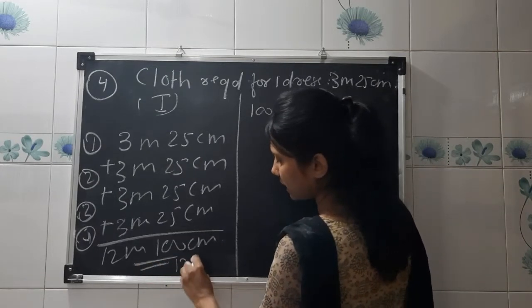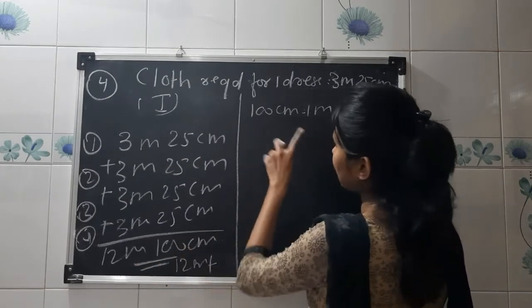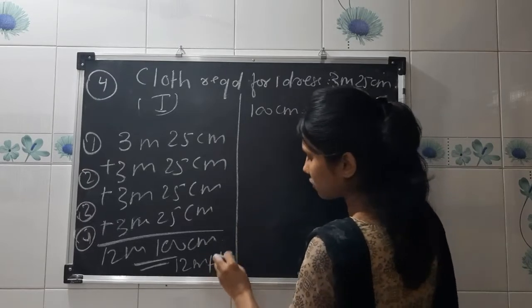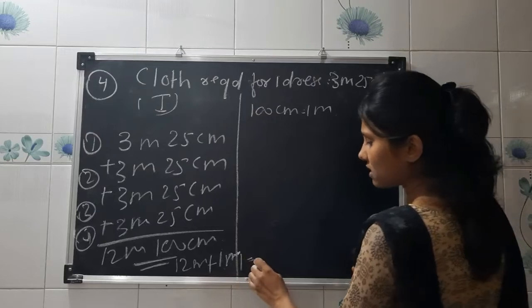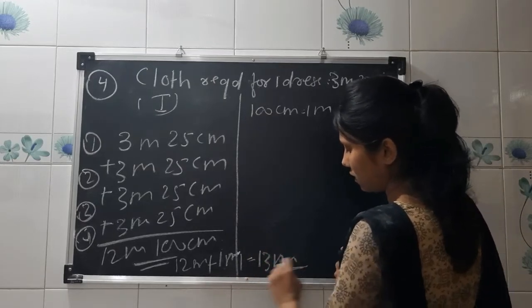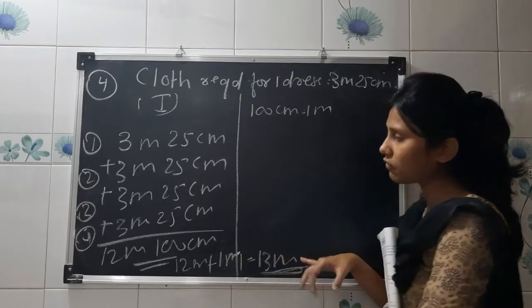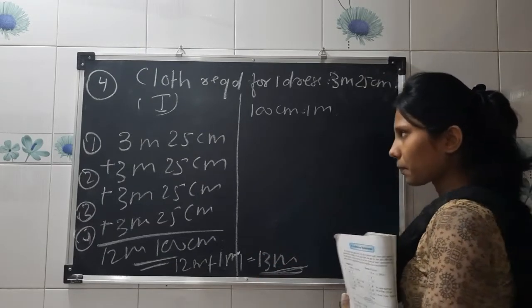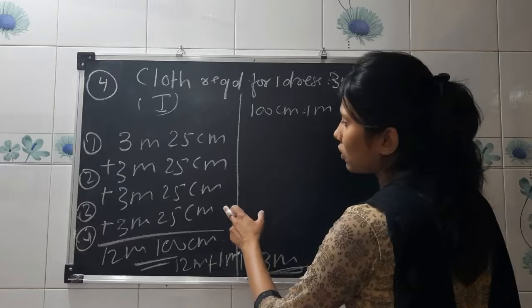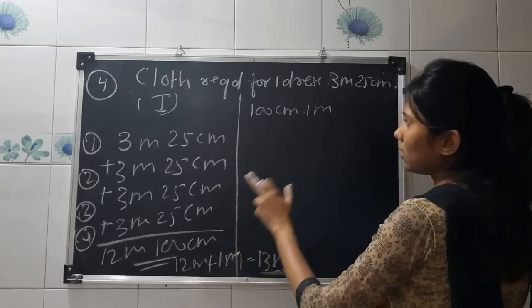So 12 meters plus 100 centimeter, which is equal to 1 meter. Take this one meter. Now 12 plus 1, 13 meter. So total cloth required for 4 dresses is 13 meter. Okay. You can either follow this method or you can